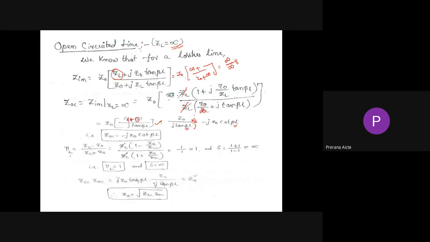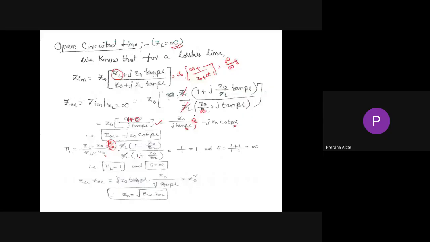Now, the corresponding reflection coefficient Delta L is Z of L minus Z naught divided by Z of L plus Z naught, that is equal to Z of L into... now if we take Z of L common from numerator and denominator, so Z of L is common, that is equal to numerator Z of L whole divided by